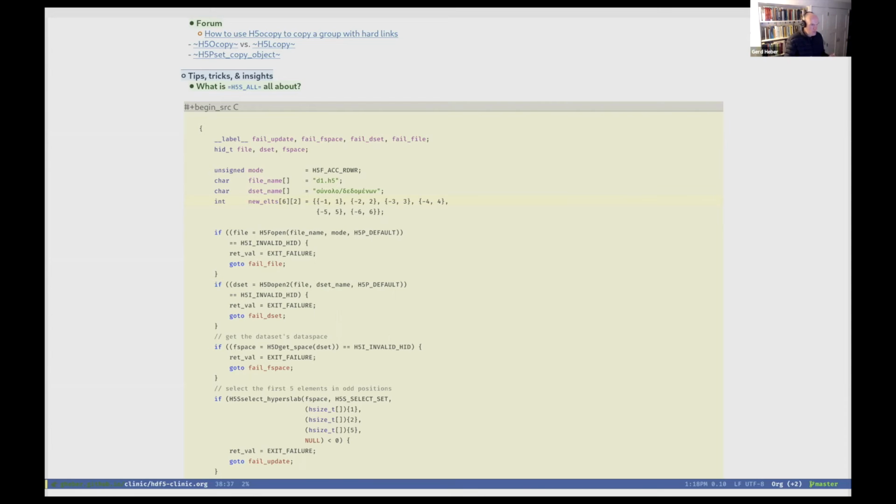So I have 6 rows, always the negative integer and then the integer itself. And obviously 6x2 is 12, but I have capacity for only 10 elements in the file. So it definitely wouldn't work to write all 12 elements into this 10-element data set.